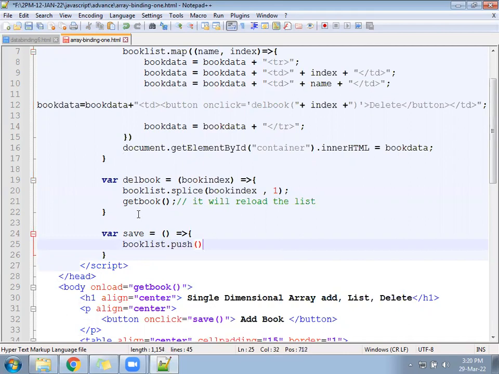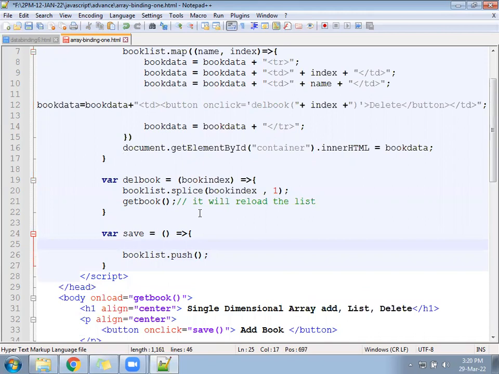Booklist dot push. Inside that, you can add one variable called maybe new book equal to something, here called test. Now that new book you can pass here using the push function.